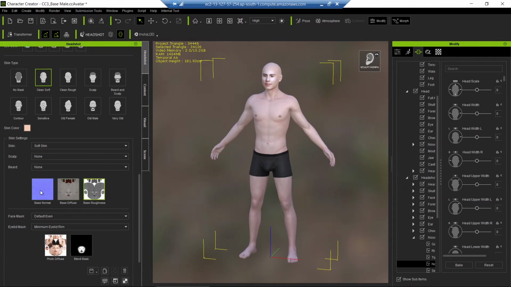Base normal is actually the mesh extruding some of the mesh volumes. That's the base normal. It just generates the heights around. And base diffuse, and this is the base roughness. You can even change this thing. And this is the main material, main texture. You can even save this material. You can even visualize this material. So this is like this material.